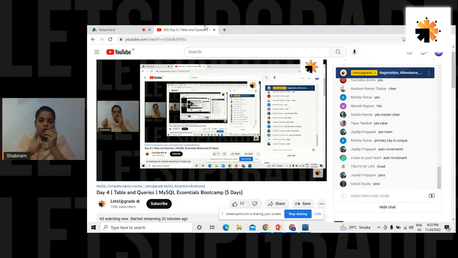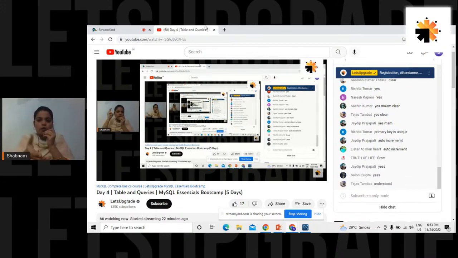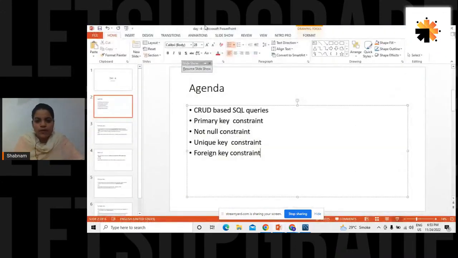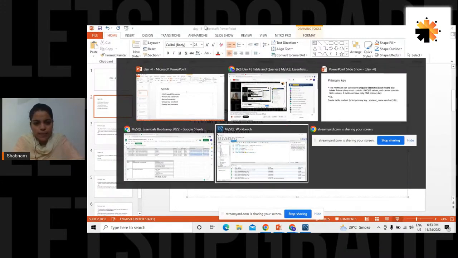Because if you auto increment the primary key, my next important point, this is the third one for my friends who are jotting it down: if you auto increment the primary key, the data entry errors are reduced. Right, my operator should not have to add plus one to the number and write it; for the data entry operator it should happen automatically. Right, good, okay, thank you Tejas, thank you Saloni, thank you Jaydeep. Fine, that's all. Coming back to the point now.